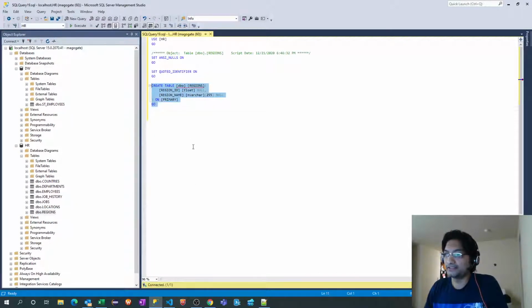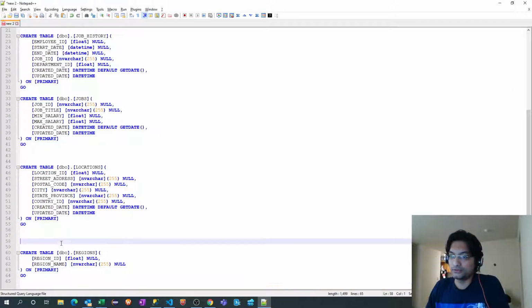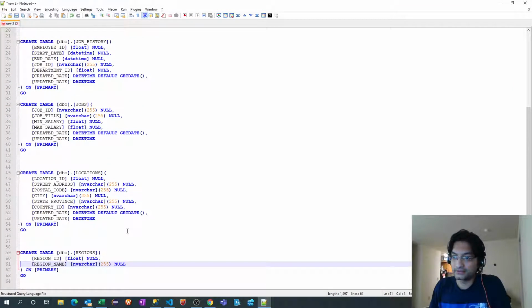We'll create these tables in the data warehouse database. Let me copy.